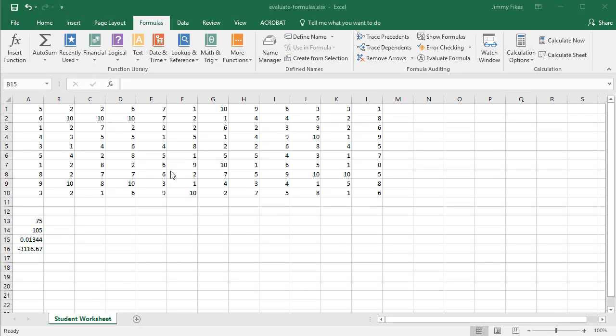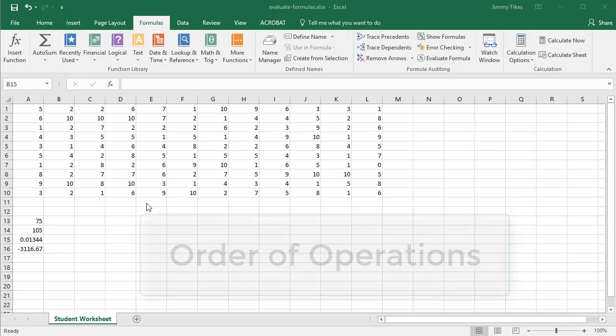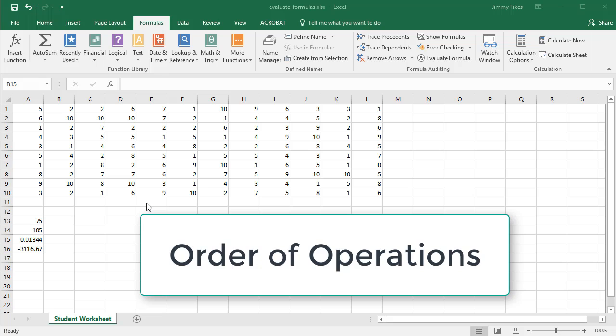Okay, now this is really cool. We're going to be working today with some formulas that have parentheses in them, so you're grouping your content. And we're really sort of studying two things. We're studying the order of operations. So we know that anything that's inside of a parenthesis is handled first, and then exponents are handled next, and